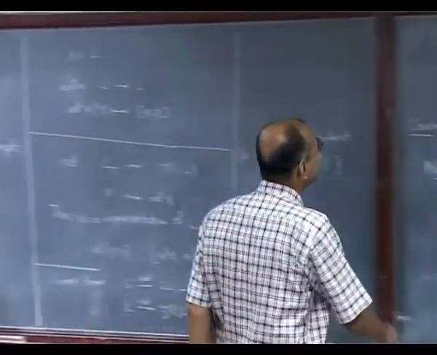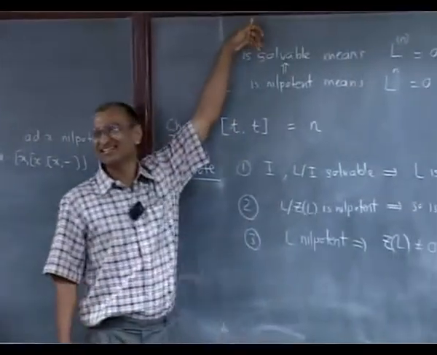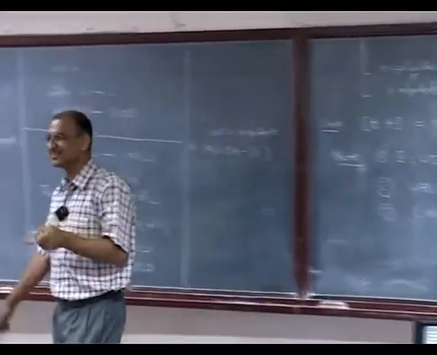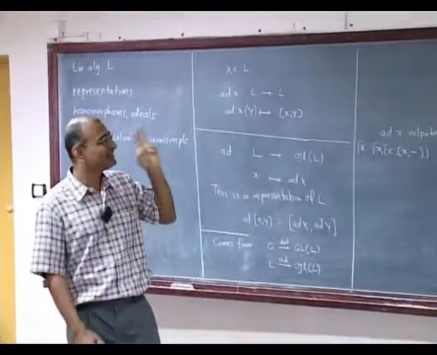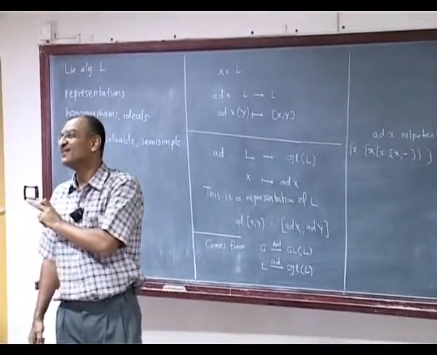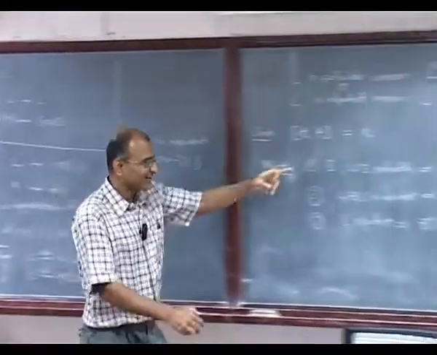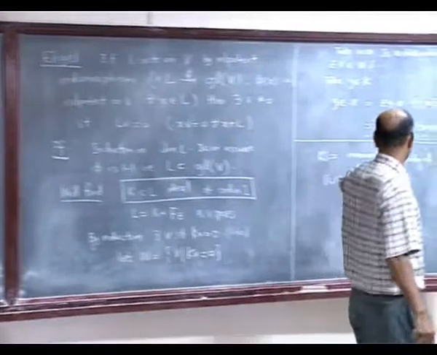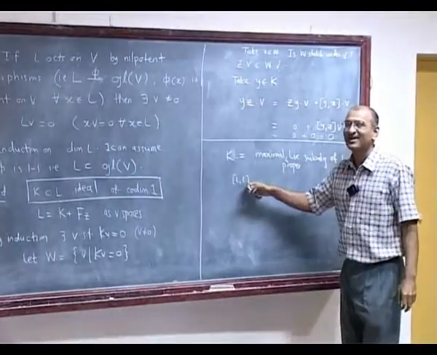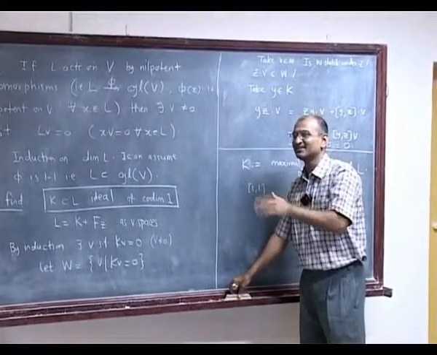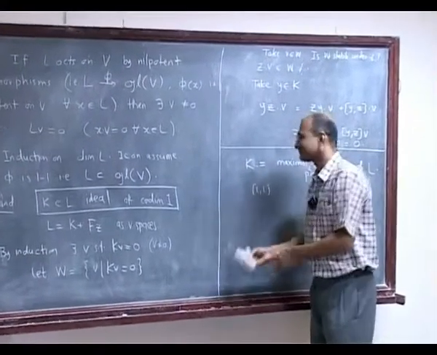But that game will work when we go to Lie's theorem. But see, the nilpotency that I want to prove here is, I mean, I have not given that L is nilpotent. All I know is that individual operators are nilpotent, right? But you are right. This is a good idea to keep in mind, because we will be able to use that when it comes to proving Lie's theorem. But here I don't know anything about L as a Lie algebra as far as those properties are concerned. In some sense, that's what I am trying to prove. Okay.